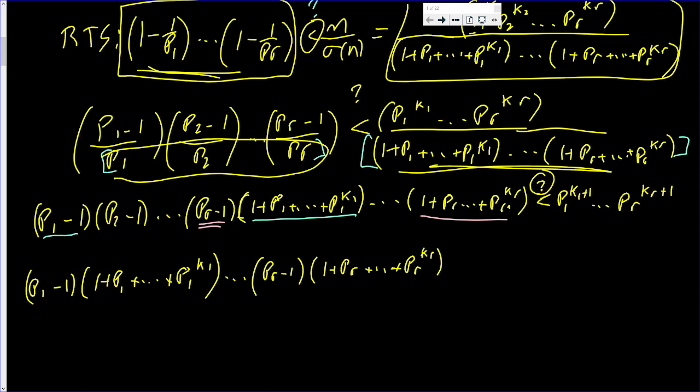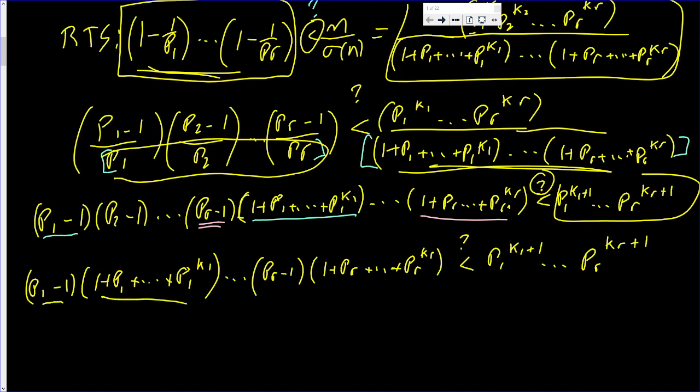And is it less than the right hand side, which is P1 to the K1 plus 1 all the way down to P sub R raised to the K sub R plus 1. Now, when you multiply this by this,